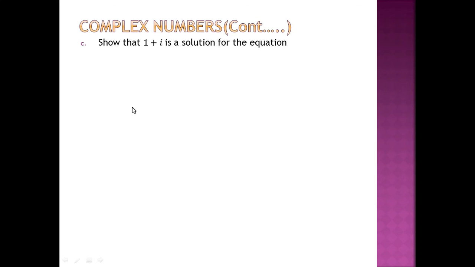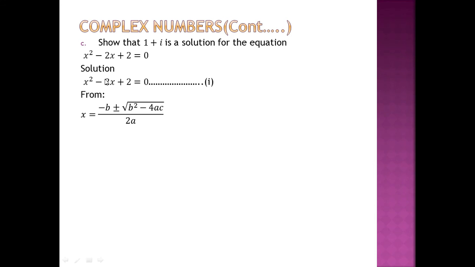The last example is to show that 1 plus i is a solution for this equation below. We have x squared minus 2x plus 2 is equal to 0, let's call it equation number 1, and then let's use the quadratic formula to solve this equation. We have b is equal to negative 2, so x is negative 2, with b negative, plus or minus the square root of negative 2 squared minus 4 times a, which is 1, times